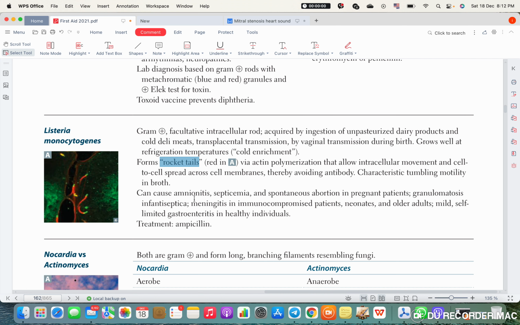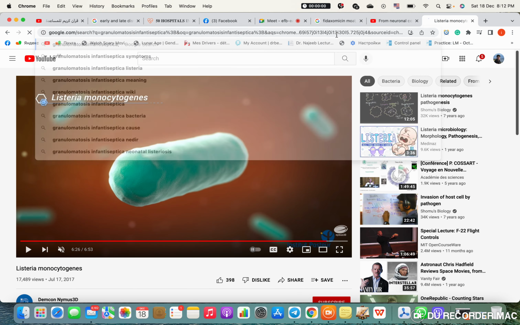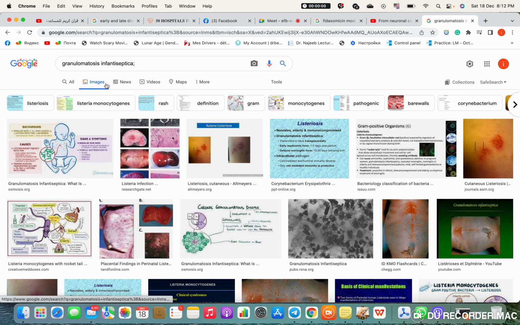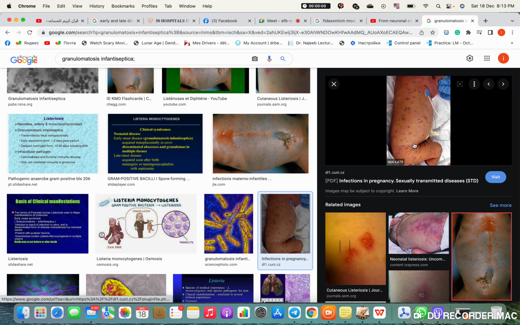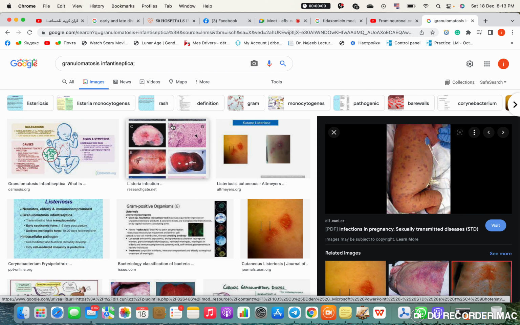So they can lead to amnionitis, which is inflammation of the amniotic sac, septicemia, which is basically sepsis, and spontaneous abortion in pregnant women. It also can lead to granulomatosis infantiseptica. They will mention an infant who was either born or died in utero, it doesn't really matter, but the child that you have now has granulomas everywhere in his body. In his lung, in his brain, it doesn't matter. They are everywhere. They can affect also his skin, and they will tell you that in histology they see giant cells. The moment you hear this word giant cells, think Listeria, okay?